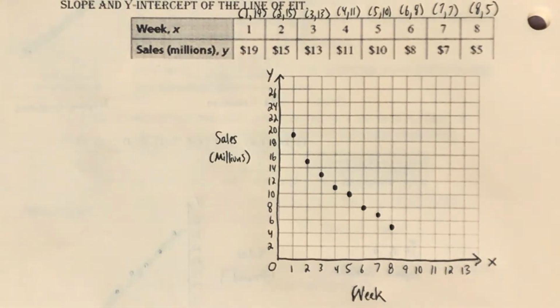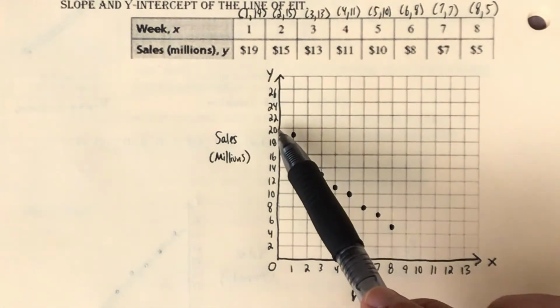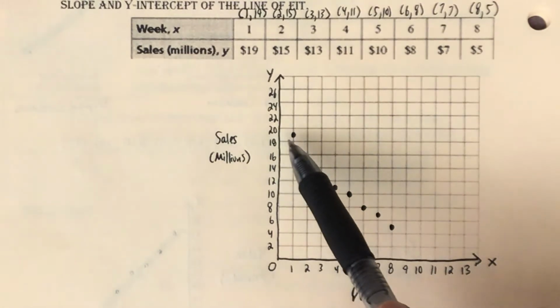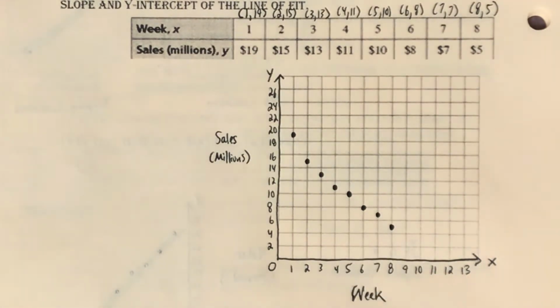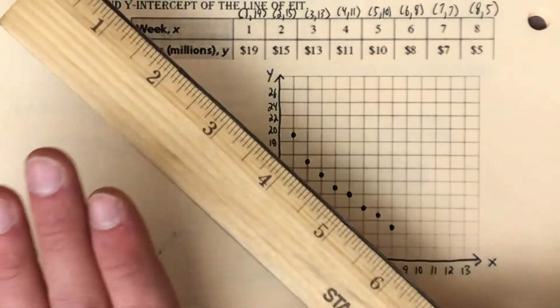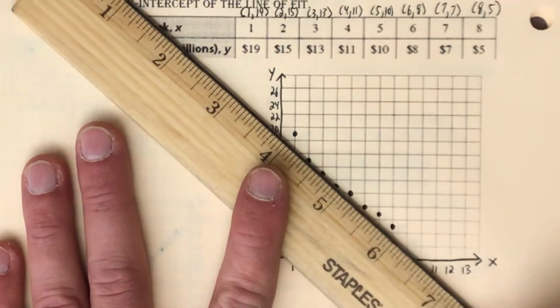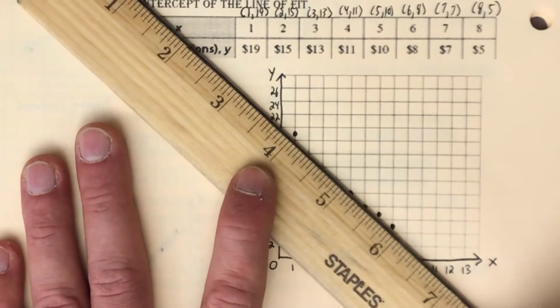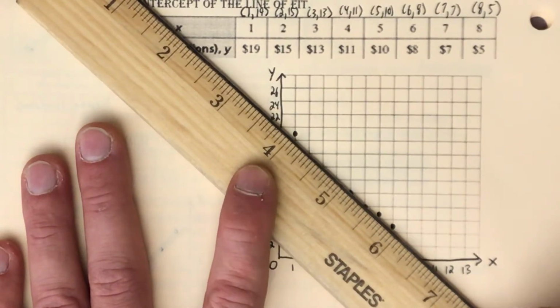So that just helps me when it comes to my line of fit, because I know that my line of fit then is going to go this way. It's going to start here and it's going to trend downward and downward that direction. Right? So that's just some information to help us figure out line of fit. Now, as I look at this, my next step is to draw my line of fit now that I know it has negative correlation. What I want to do in order to find the best way to draw it is take my ruler and place it on here and see, can I match up some points that are in line, where I have a similar amount above